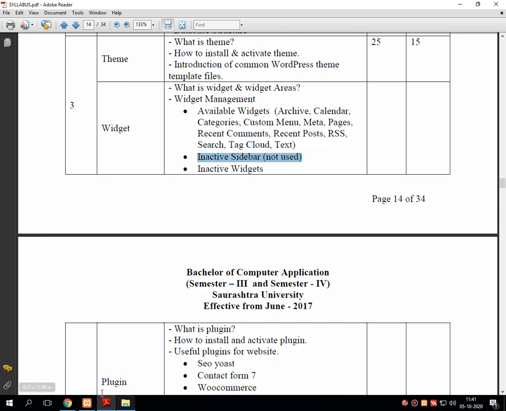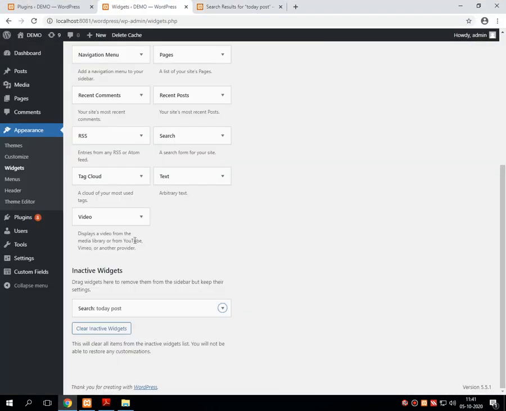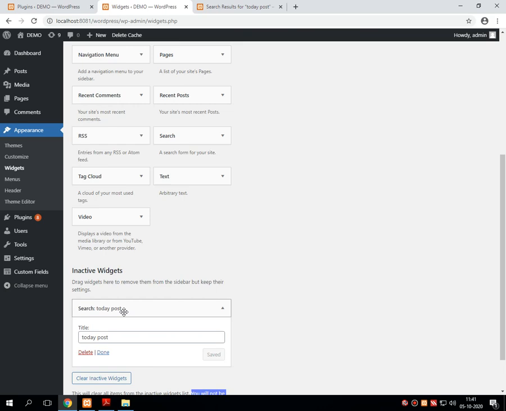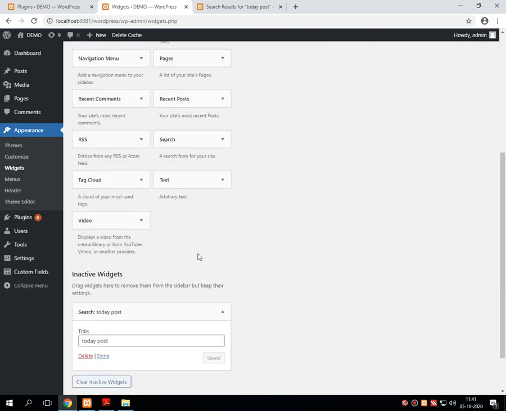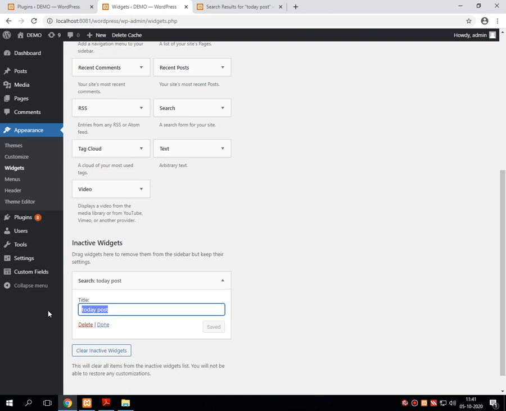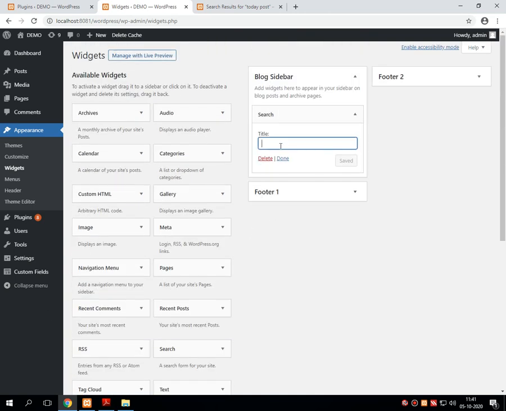There is something missing over here. This will clear all items from inactive widgets. You will not be able to restore any customization. Search title. Let me put this particular title over here and let's save.